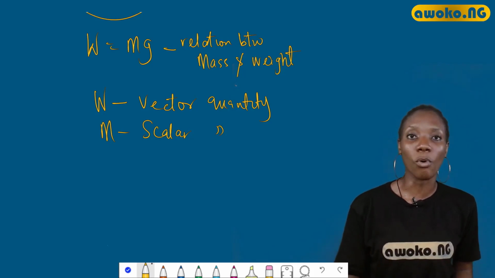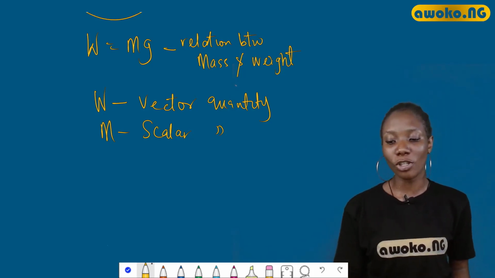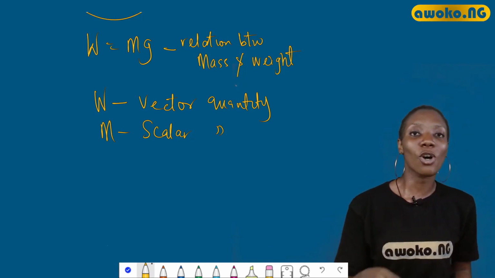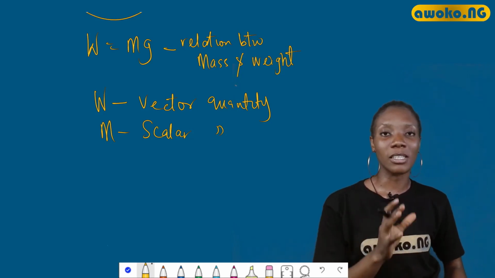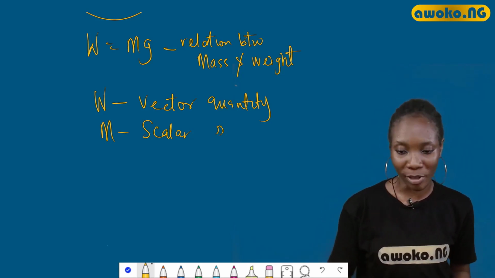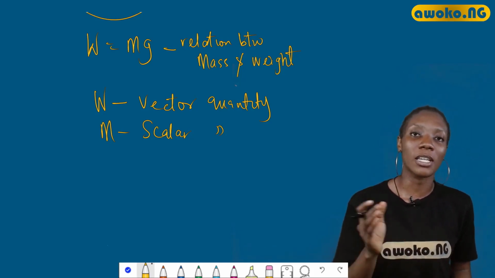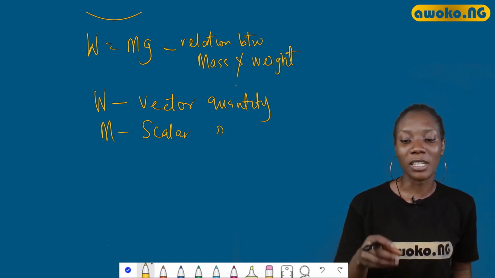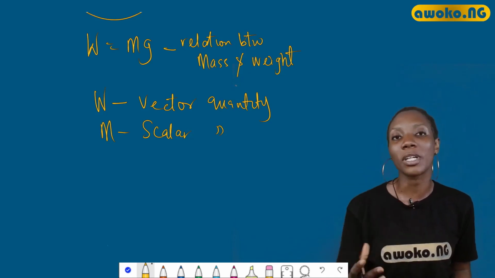And that is that for the confusion between mass and weight. So please do not use mass in place of weight, okay? I've been able to show the difference between the both of them, right? One is more like a force, the other is just a scalar quantity, which is actually the quantity of substance of a particular body or of an object.